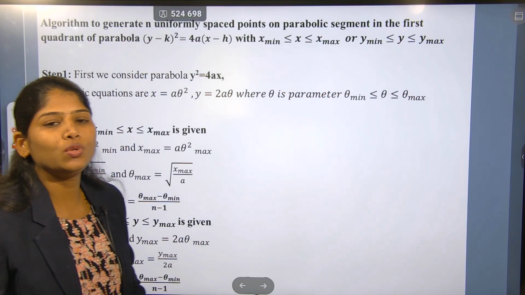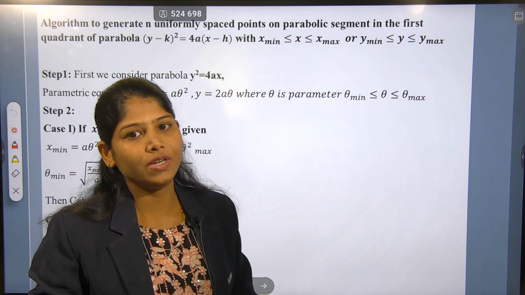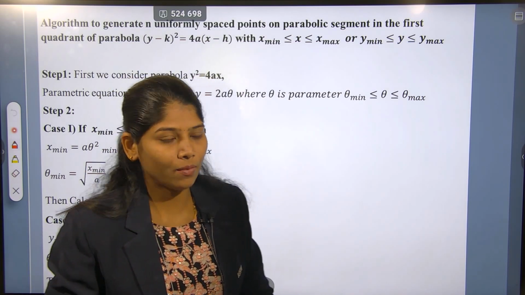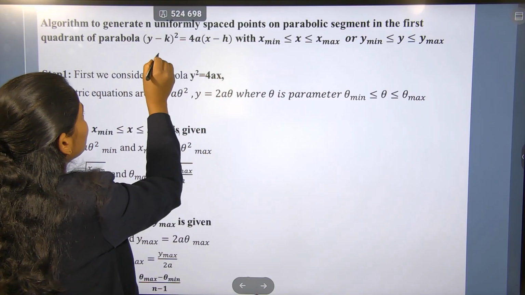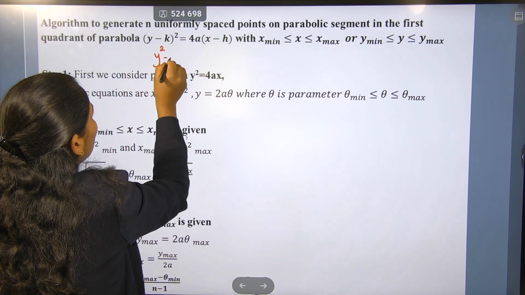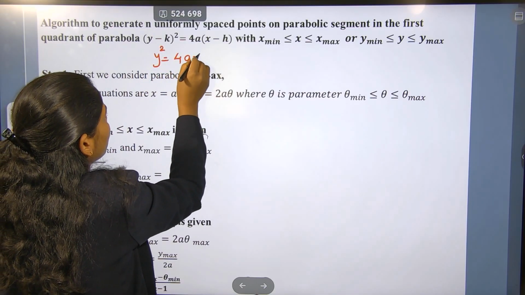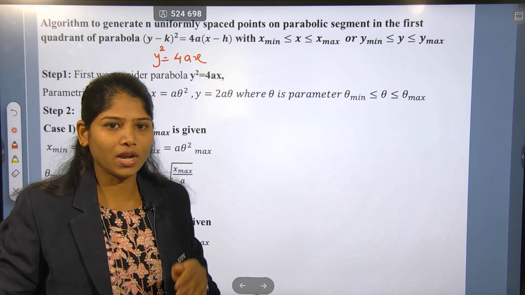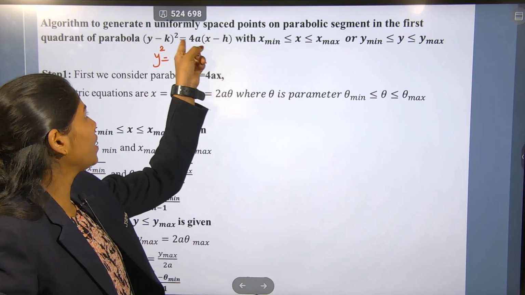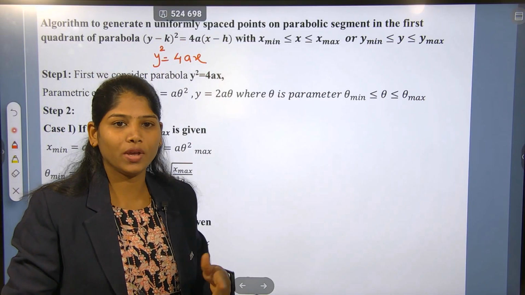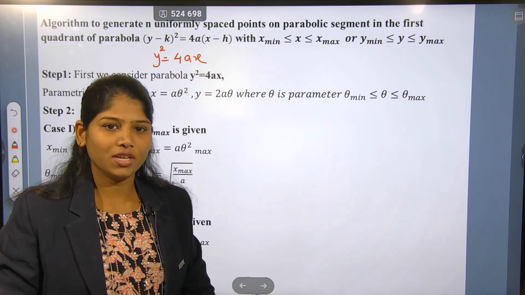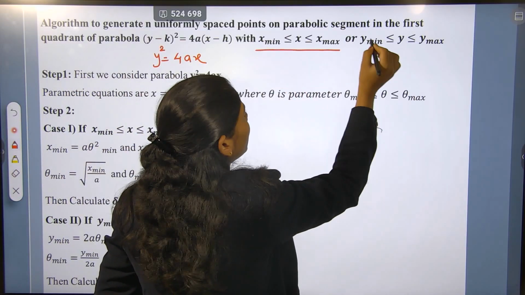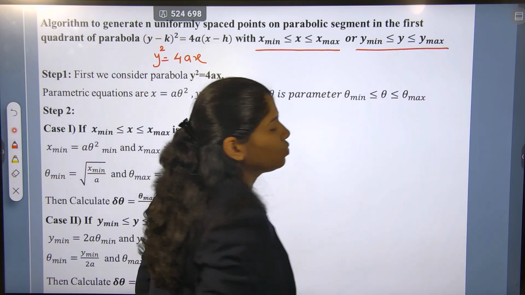Algorithm to generate n uniformly spaced points on the parabolic segment in the first quadrant of parabola. आपका नॉर्मल इक्वेशन क्या है, सेंटर पे होगा तो y स्क्वायर इज इक्वल टू 4ax. अगर यहाँ पे सेंटर ओरिजिन 0 0 नहीं होगा, k एंड h होगा, तो आपका इक्वेशन क्या होगा, y माइनस k का स्क्वायर इक्वल्स टू 4a इंटू x माइनस h. ओके. विथ यहाँ पे x की रेंज दी रहेगी, नहीं तो y की रेंज, दोनों में से कोई भी एक